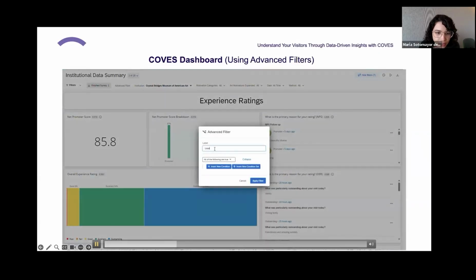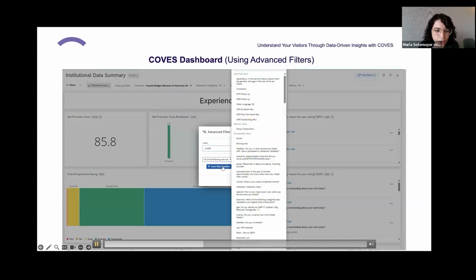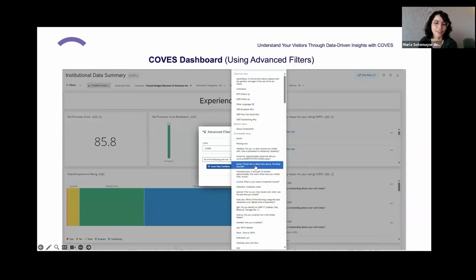And then I'm writing a label here to try to remind myself what I'm looking for. And then Steph, if you could just pause in one moment. There we go. Okay, so as you can see, just recapping what happened visually, we clicked on that blue button that says insert new condition, and it opened up this really long and confusing list of things. Essentially, I want you all to think of each of these things as a survey question. So since we're looking at locals and tourists for this webinar, the category that you should select is what you'll see on the screen here.